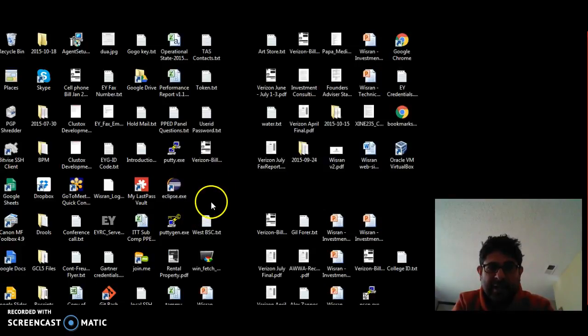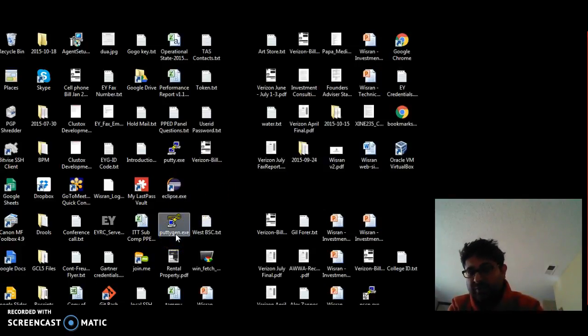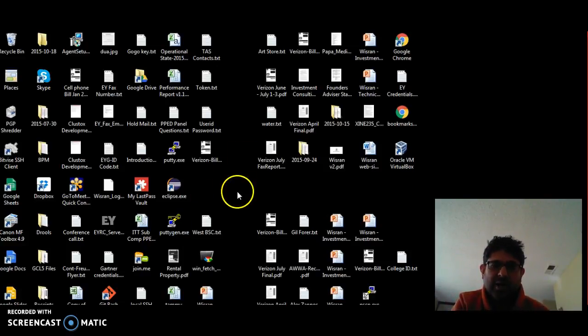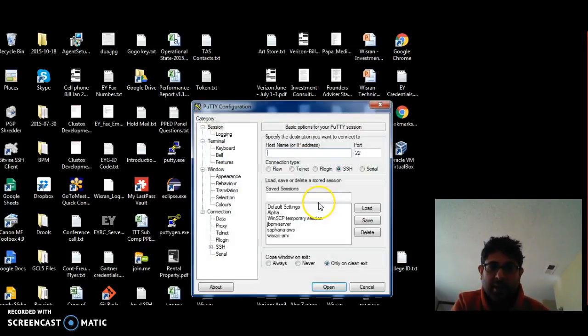Once you are done with everything, you have successfully generated the private key out of the public key that you downloaded from Amazon, which was placed at Dropbox. Now once you are done with that, you go back to PuTTY, you click on it, and then you basically